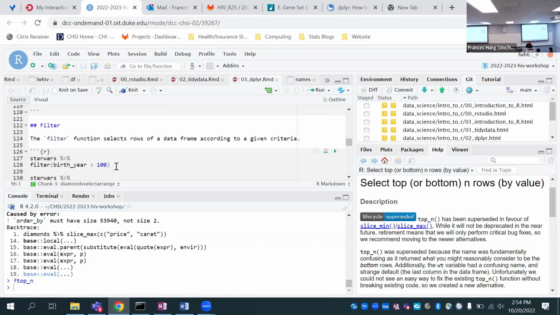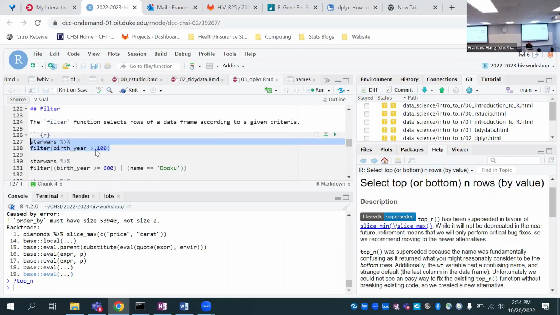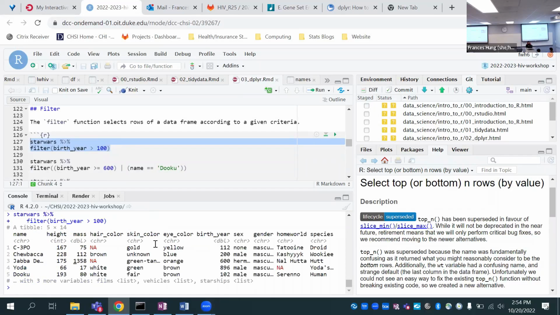We can do that by using the filter command. Here we're taking Star Wars and filtering it so that all the birth years are more than 100. There's not too many. There's only 5 people who are more than 100 in this data set.